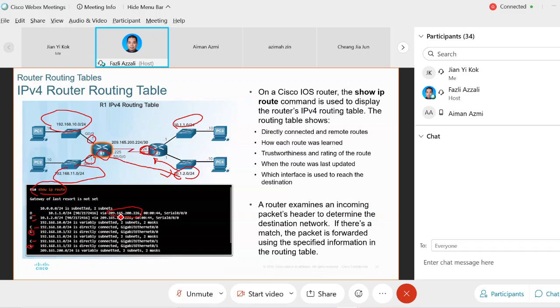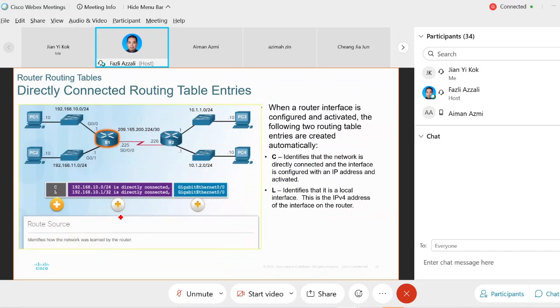Show IP route command. Okay, like this. So identify that there is a directly connected. The interface configured with the IP, and LAN is local. Local interface. Local interface is a default gateway lah. Default gateway, local interface. Yeah. L, local interface. Okay. Kalau D, this is a remote network